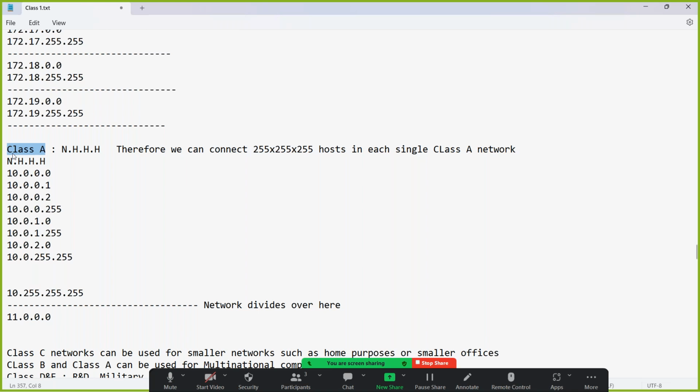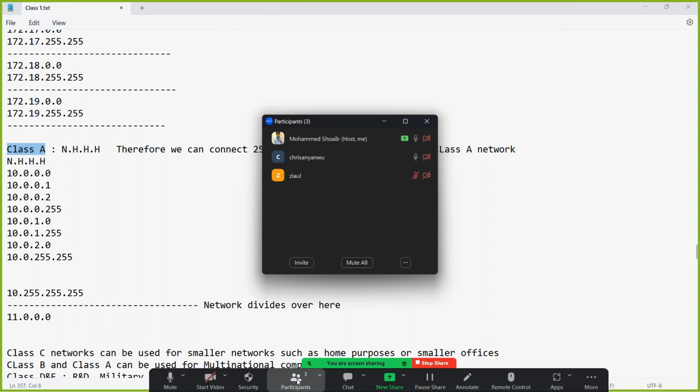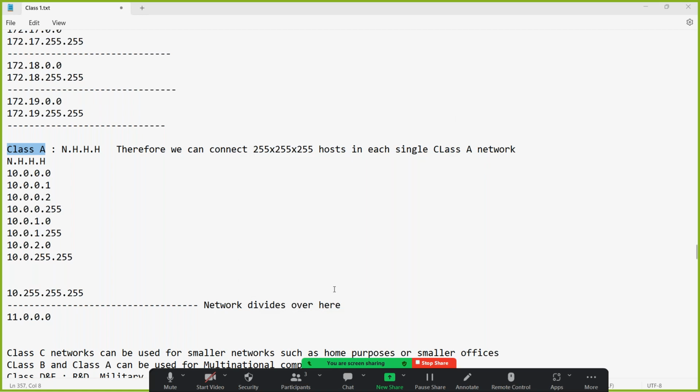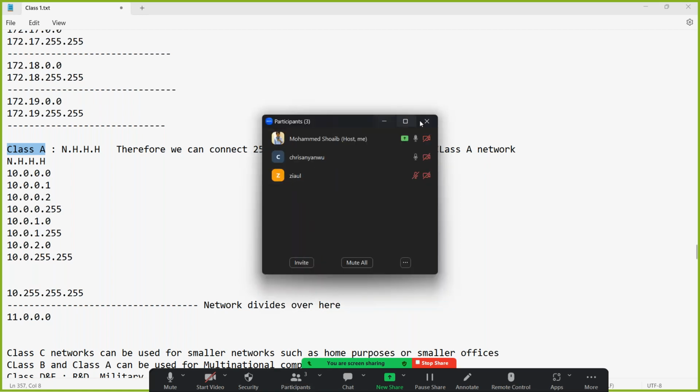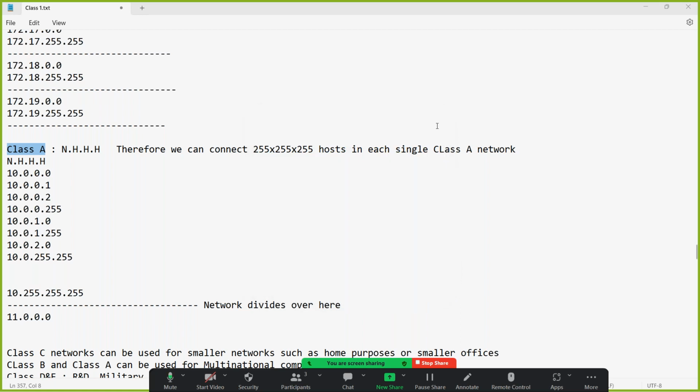So we can assign any class IP, right? That's your choice. Yeah, Zia. Right, exactly. So it doesn't matter which network you assign in your organization or at your home network. Class C can only connect 255 devices, class B 255 into 255, class A 255, 255, 255. So the most devices you can connect are with Class A addresses, and the least number of devices you can connect in a network are with